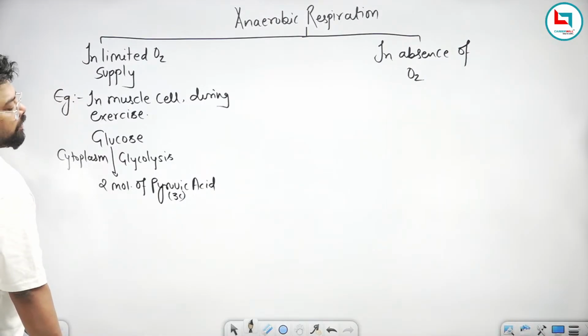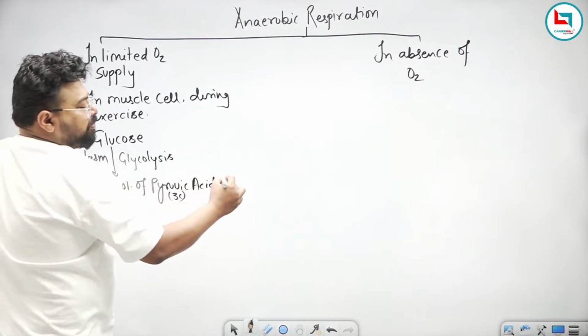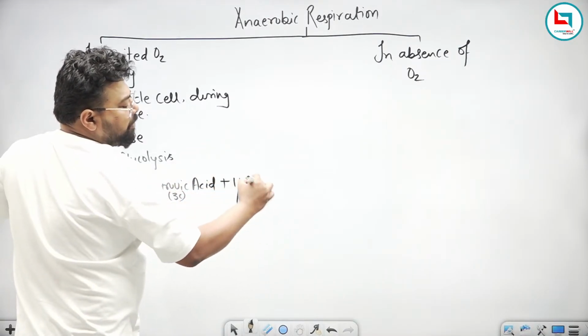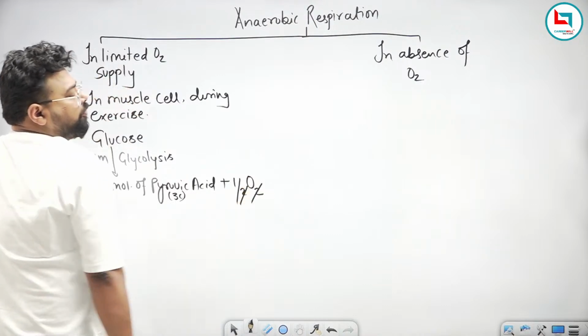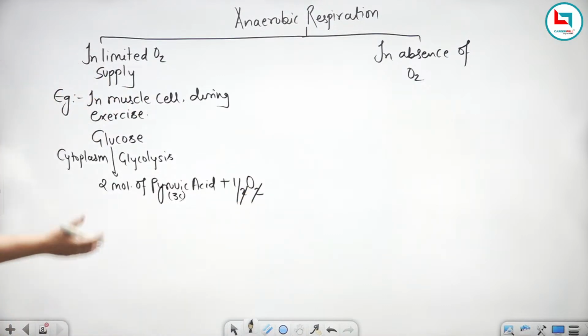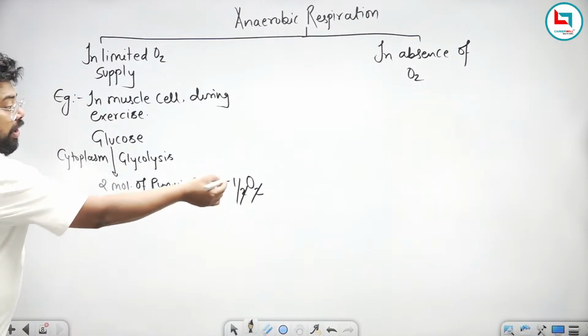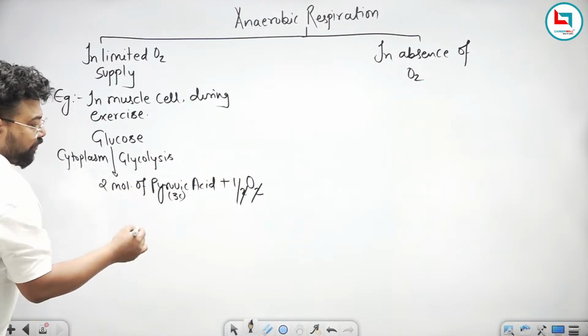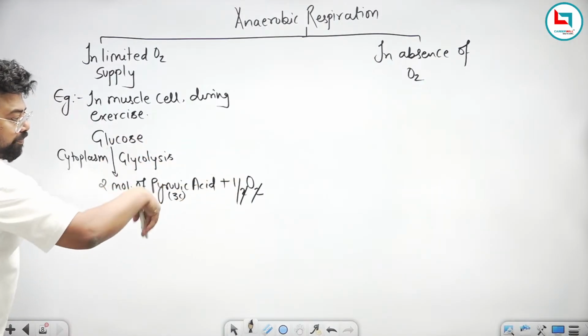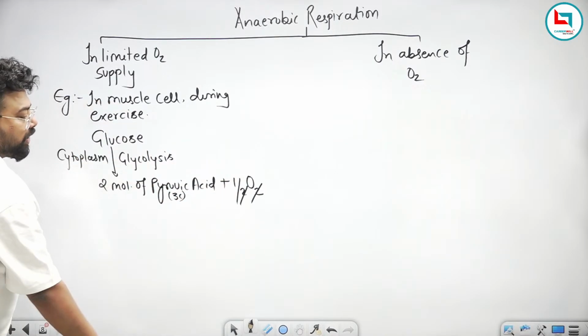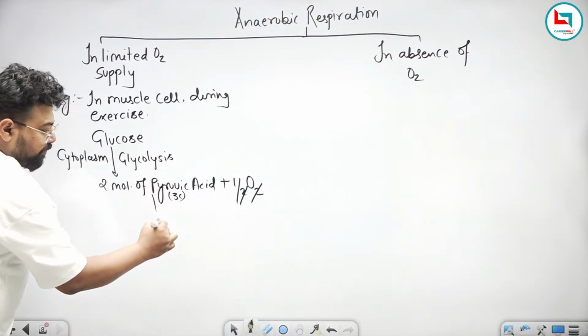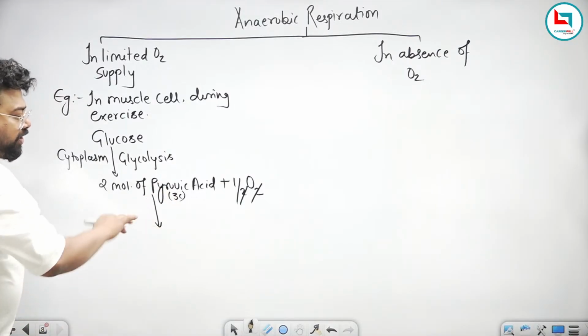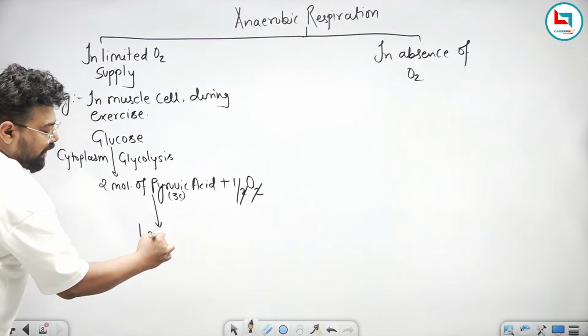But due to the limited supply of oxygen, the amount of oxygen is not fulfilled in this reaction. The muscle is getting less oxygen as the oxygen is used up by the aerobic reaction earlier. Due to this lack of oxygen, this pyruvic acid will not enter into the Krebs cycle, and this pyruvic acid will change into lactic acid,